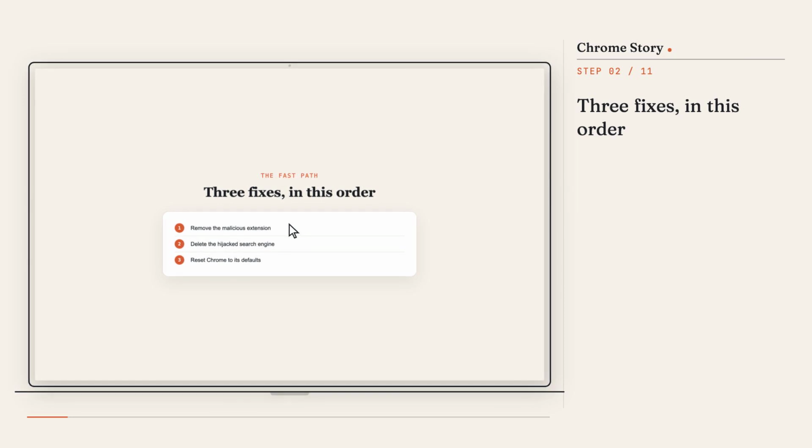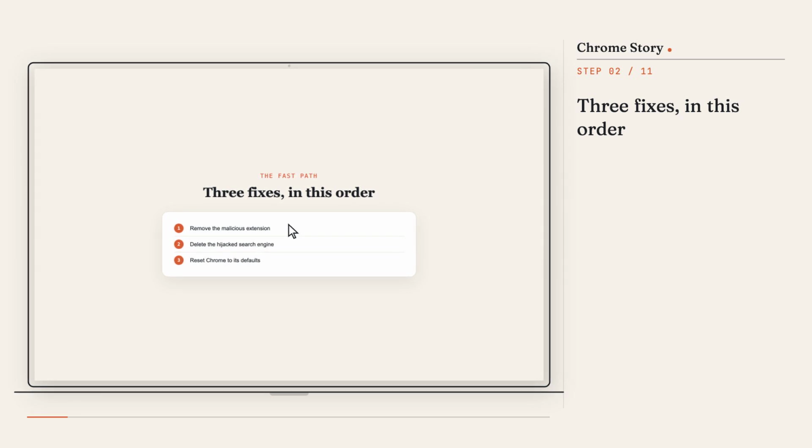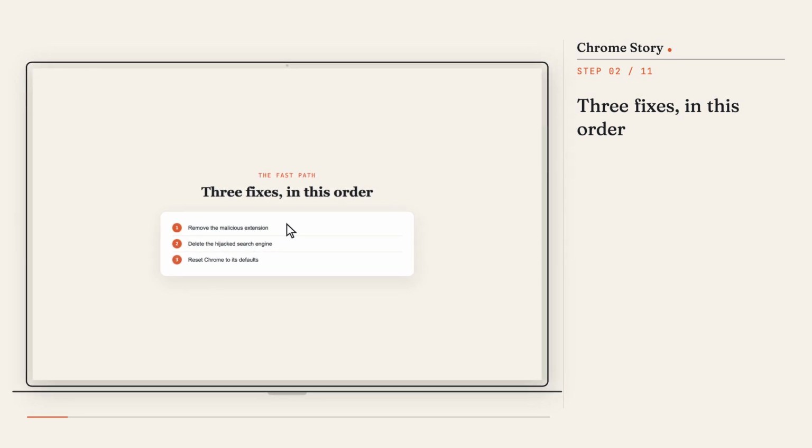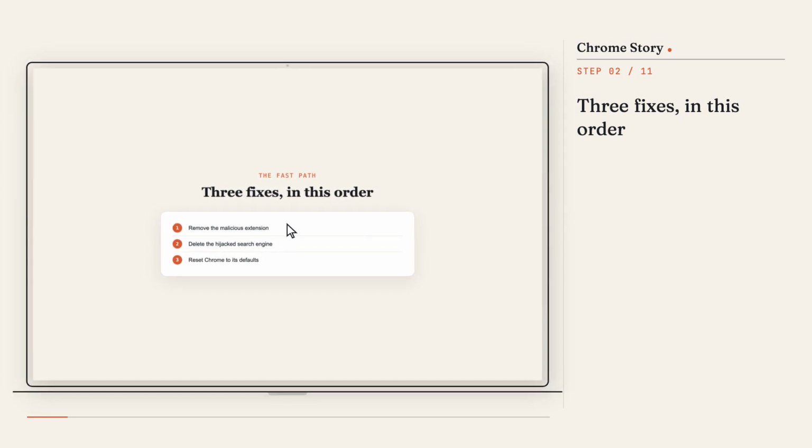Here is the fast path. 3 things fix most hijacked Chrome installs. Remove the malicious extension, delete the hijacked search engine, then reset Chrome back to its defaults. Do them in that order because resetting first can leave a bad extension sitting there disabled but not gone. Start at